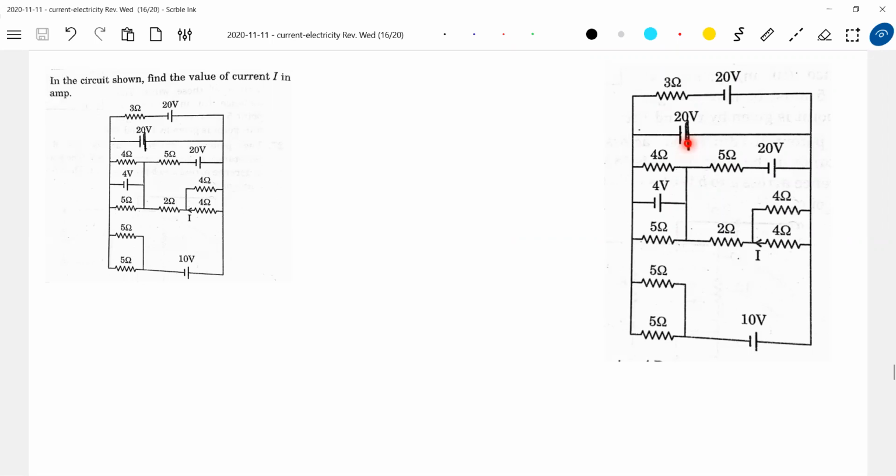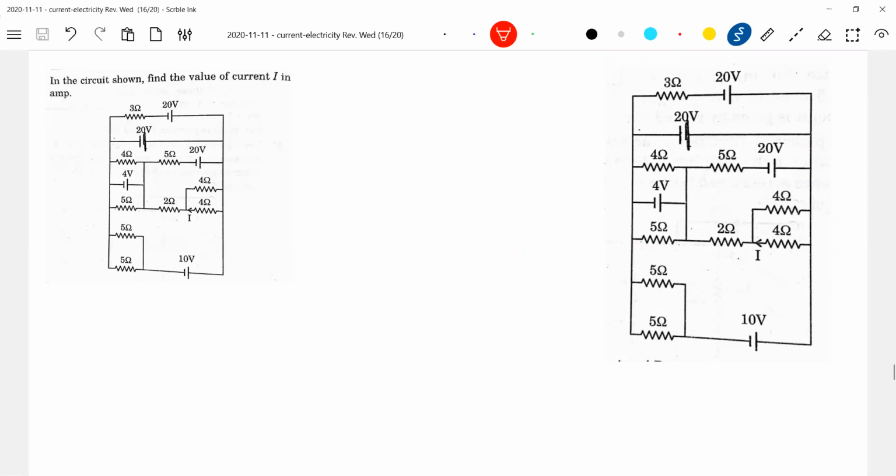20 volt is there. We have 10 volt. Again, we have 20. So how to write? For nodal analysis, what is the biggest problem? We should define the potential at various junctions. How many junctions are there? 1, 2, 3, 4, okay 5. There's also junction 6, 7, 8. Or at all, we should define the potential of this edge and this edge. As there's a uniform wire, the potential should be the same. Conductor is equipotential.